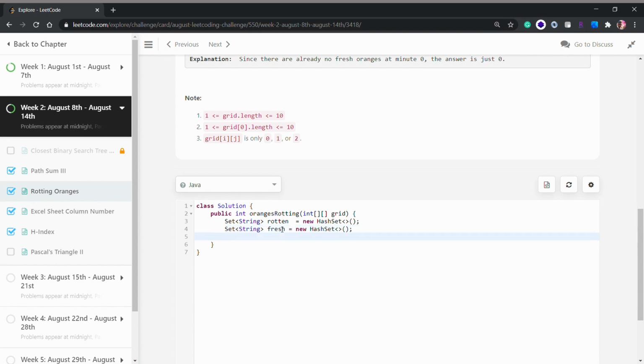And now we will loop through our grid: int i equals 0, i less than grid.length, and i plus plus.